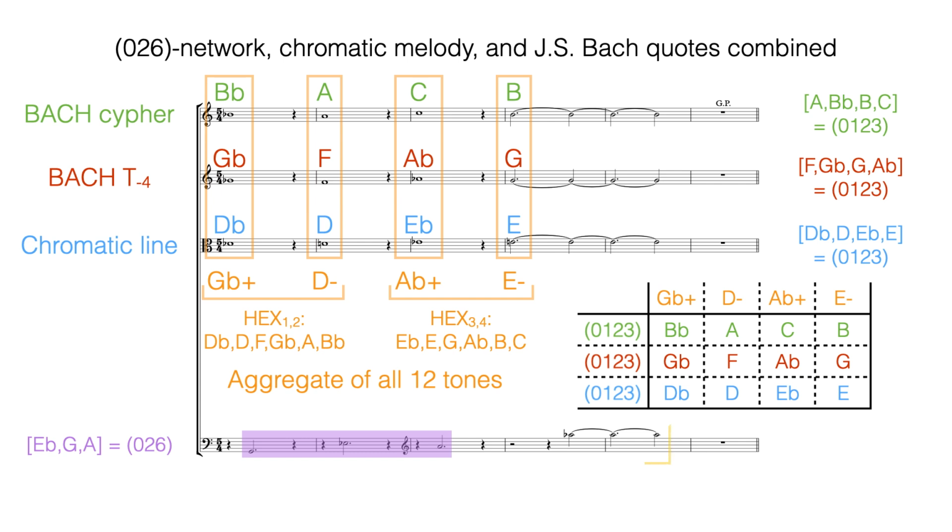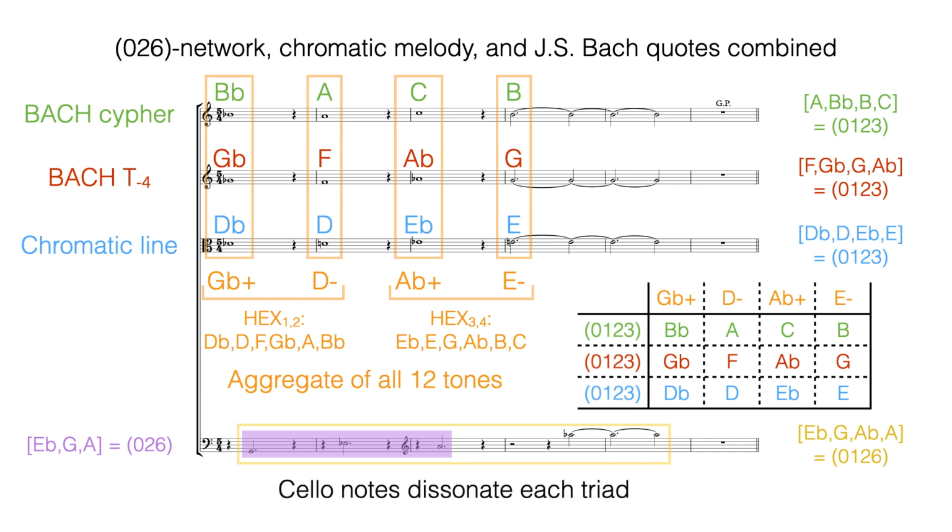A flat is adjoined to this trichord, creating 0, 1, 2, 6. Its concluding A flat dissonates the final E minor triad, just as its previous notes dissonate the other triads: